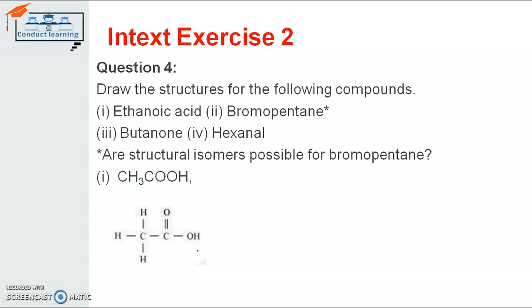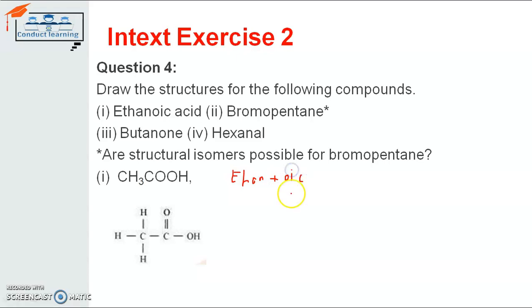So to draw the structure diagram, first of all we have to know the chemical formula of each of those compounds. First of all, we will take the example of ethanoic acid, which is also known as acetic acid. We all well know that ethanoic acid is made up of ethane and the oic group. So ethanoic acid or acetic acid is a combination of two words, ethane plus the oic group.